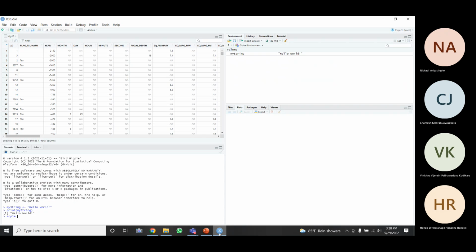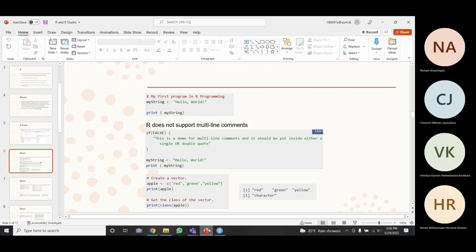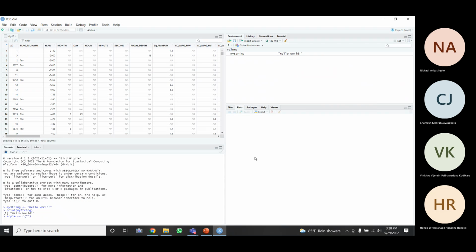So I'm creating a character vector. Apples can be red. Apples can be green. Apples can be yellow.